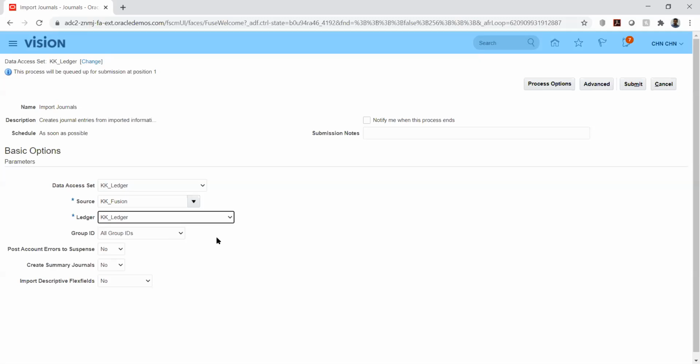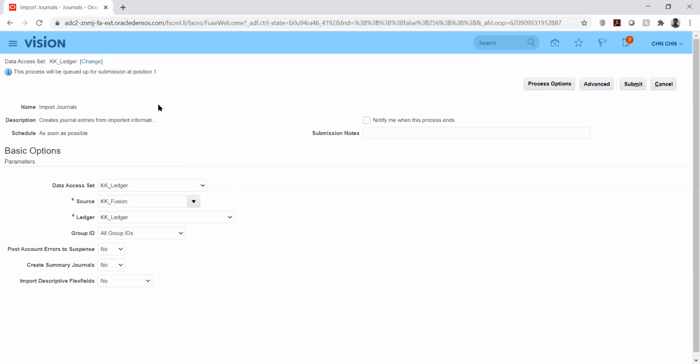Okay, but in that import journal program itself, you cannot run with the group ID? Yeah, there we don't have a parameter option. If you see, we have attached only the import journal, I mean the program name, but we will not be able to attach the group IDs. I know, because in current EBS there is a parameter, right? So here we don't have any parameters as such. They have given it separately. The same program we can run from the schedule process as well, but we will have to run it separately only.